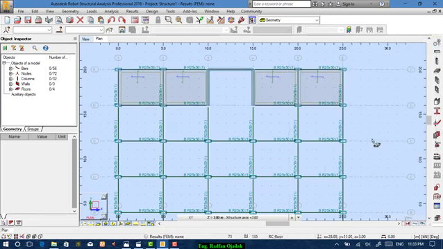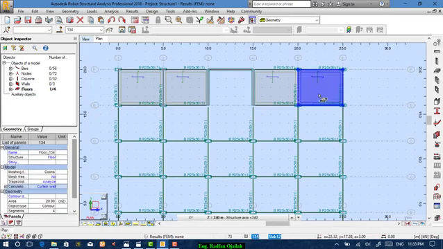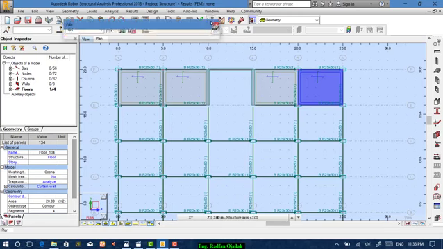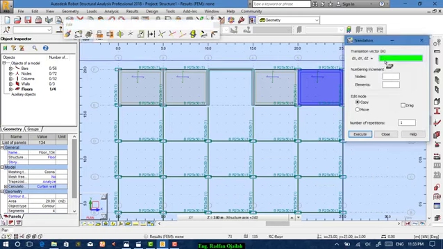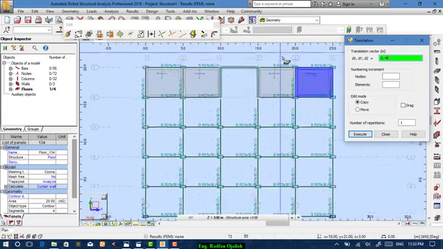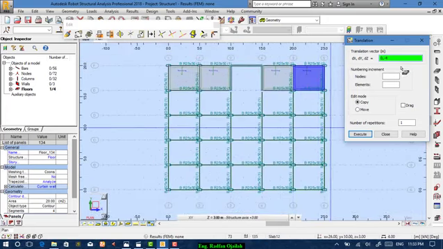Then close it. Now select one slab and go to edit, not this one, this one, and copy it for x 0, for y -4, and you want it 1, 2, 3, 4 times, but for z 0 we want it 4 times. Execute,